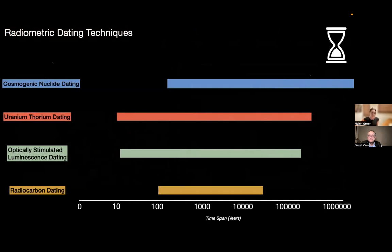And so rock art associated materials are materials that are either underneath or over the top of the art, and they allow us to say whether the art is relatively older or younger than the dated material. There are several what we call radiometric dating techniques that we can use on different rock art associated materials in different settings. And so radiometric dating is a method of dating something based on the presence of a radioactive